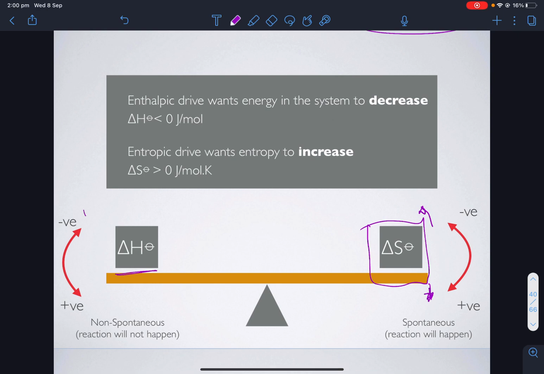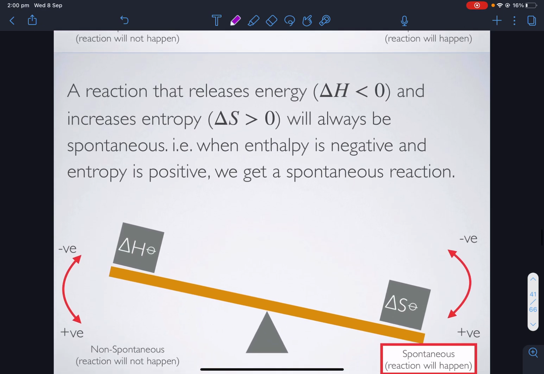If enthalpy is negative, it's going to swing up that way towards the spontaneous side. And if it's positive, it's going to swing this seesaw back to the non-spontaneous side. It's going against that enthalpic drive. Okay, let's look at